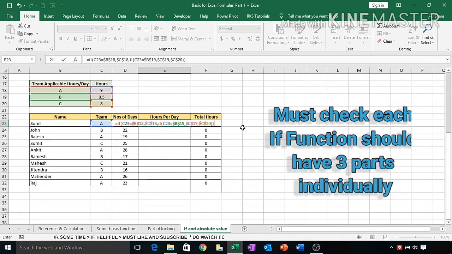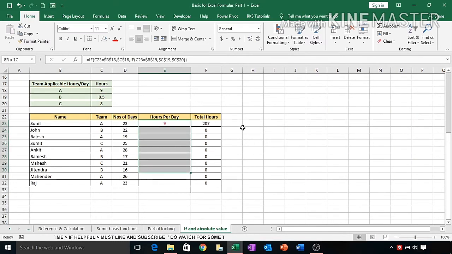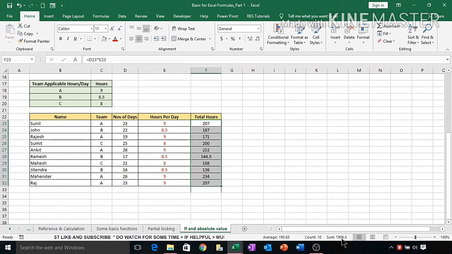So now we press enter, select all the cells and apply the formula with the shortcut Control D. Now it automatically picks all the values according to the team. Here John belongs to team B and gets 8.5, C picks the value 8, and this is the total number of hours. You can see 1906.